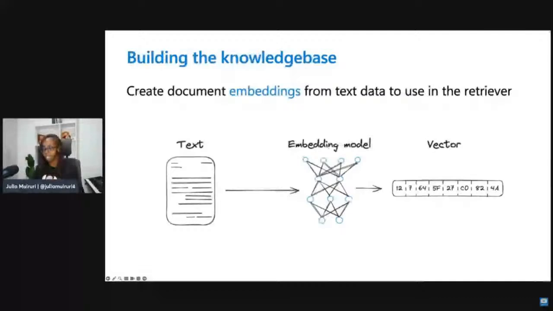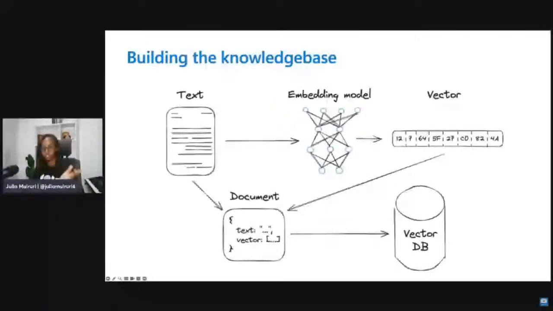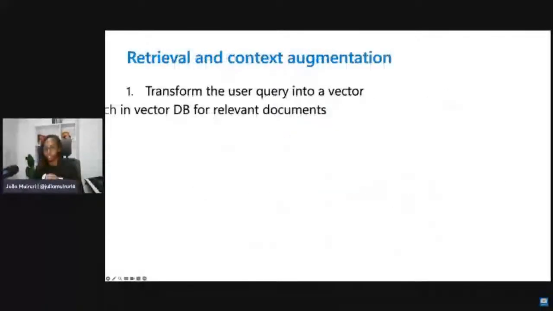Then both the text and its vector representation are stored in a vector database. Again, this is a concept that you didn't get to explore in this Build-a-Thon, but in the next one it will be factored in. This is the process you repeat for every single document that you want to include in your knowledge base. So as you can see, you cannot afford to work with the manual implementation that we did for a large-scale application.